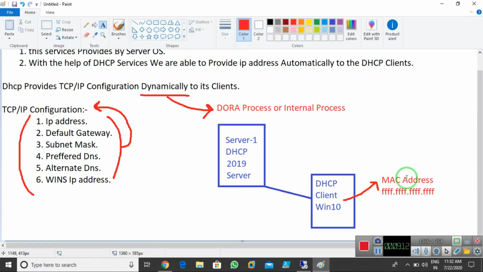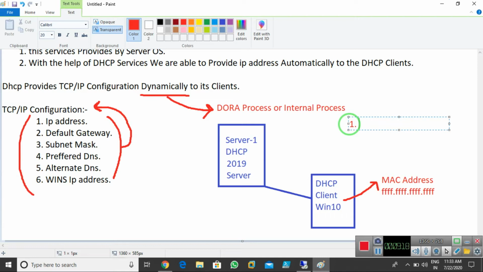With the help of this MAC address, it starts discovering. The number one process is known as DHCP discover. DORA is the full form, I'll let you know. DHCP discover means my DHCP client discovers the DHCP server with the help of the MAC address.